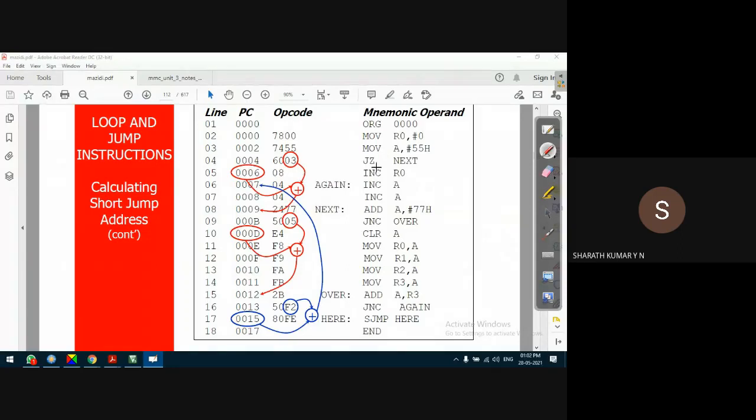Next instruction, guys, observe this. The next instruction is JZ NEXT. At the location 0004, 60 is stored. 60H corresponds to JZ. NEXT is replaced with an operational code which represents the target address of the instruction.